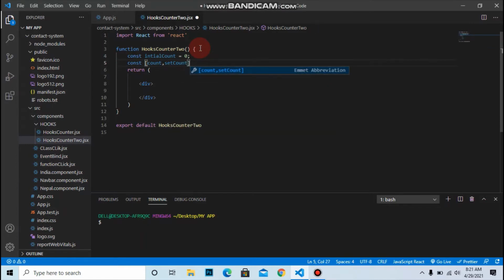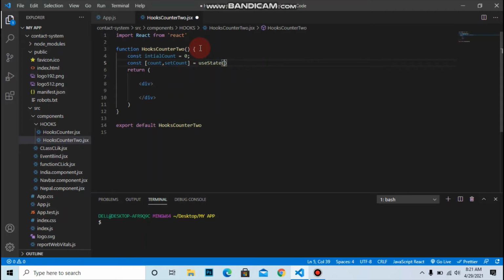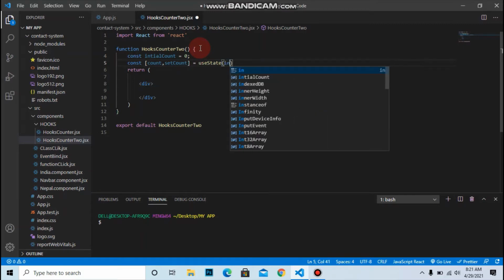Count is a state variable and setCount is a function that updates the state. So equals to useState, a function that lets you use state in a function-based component, that is initially 0. So initialCount.